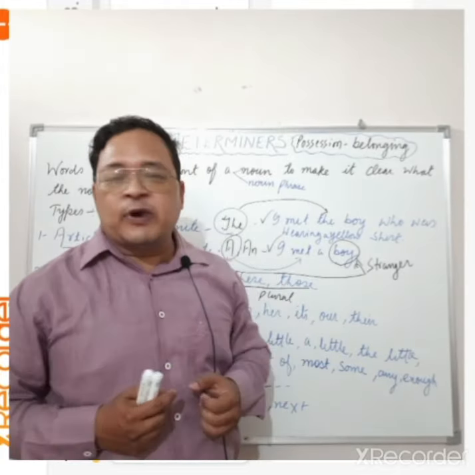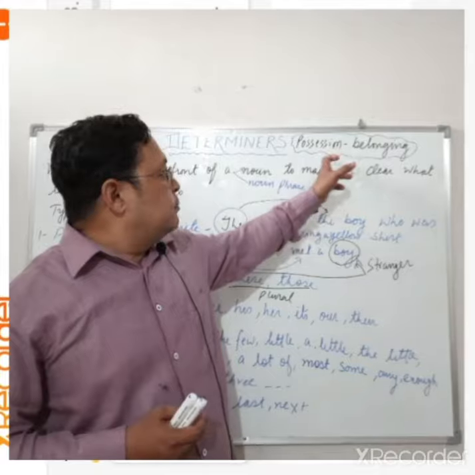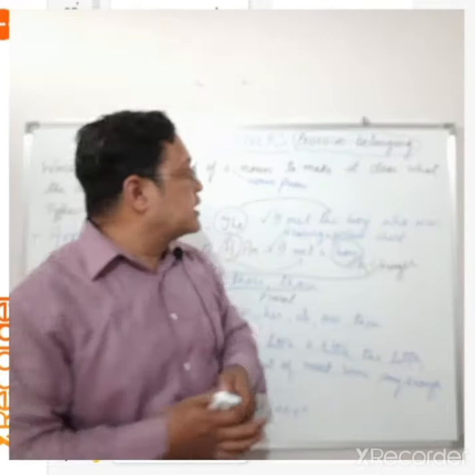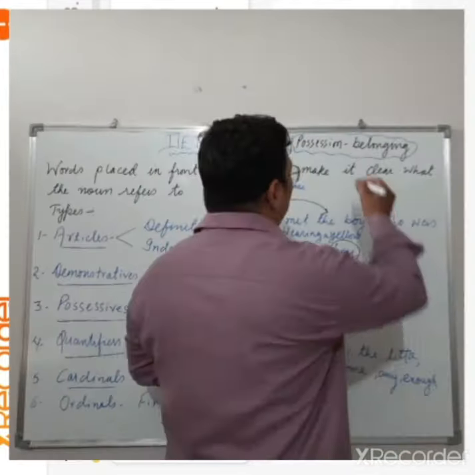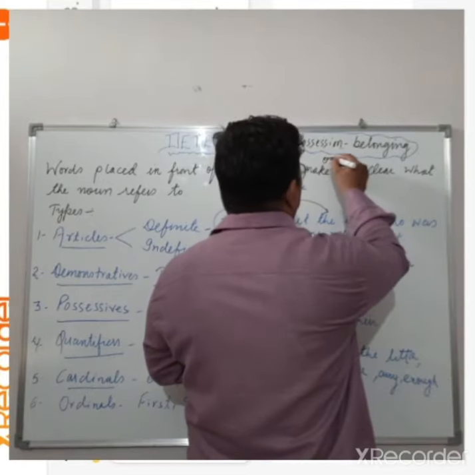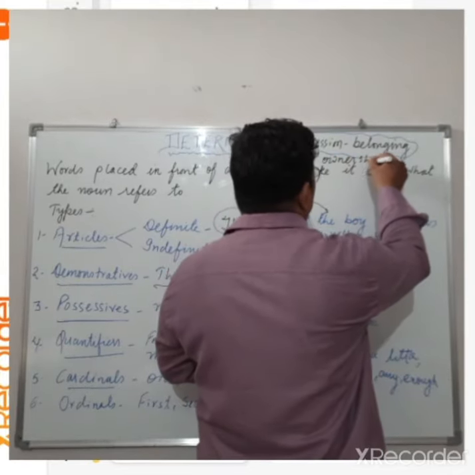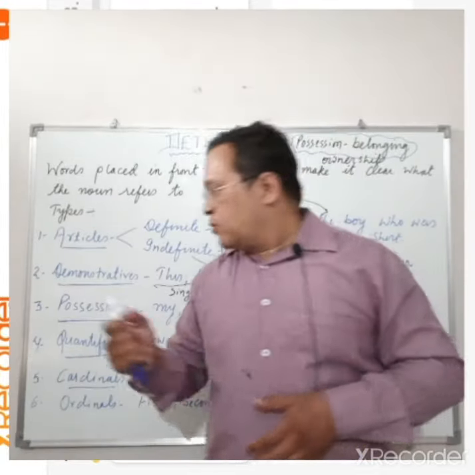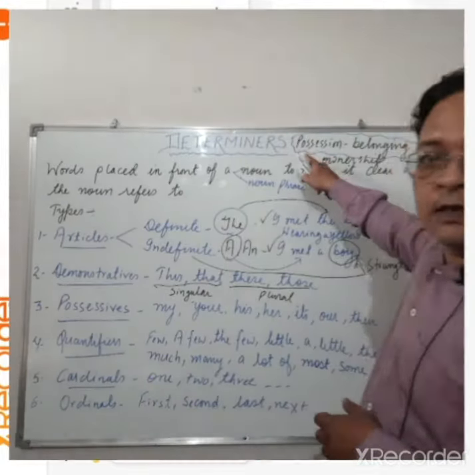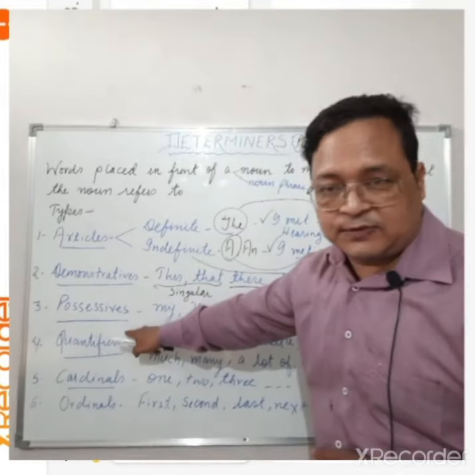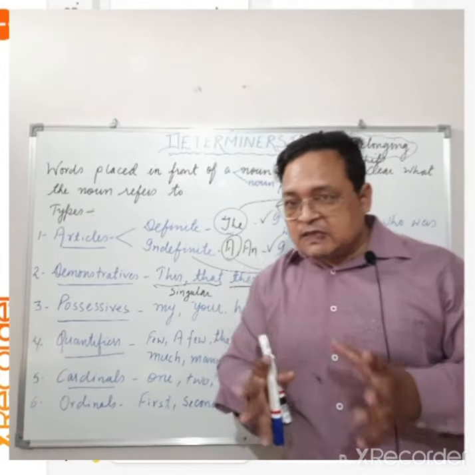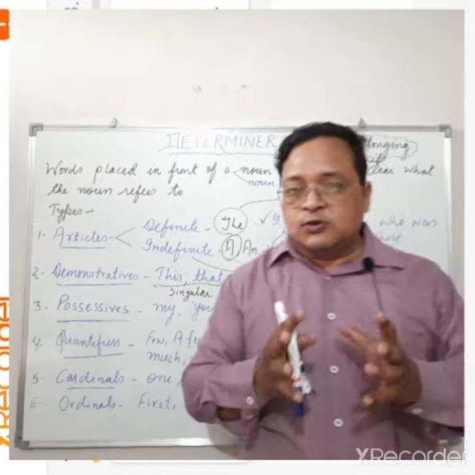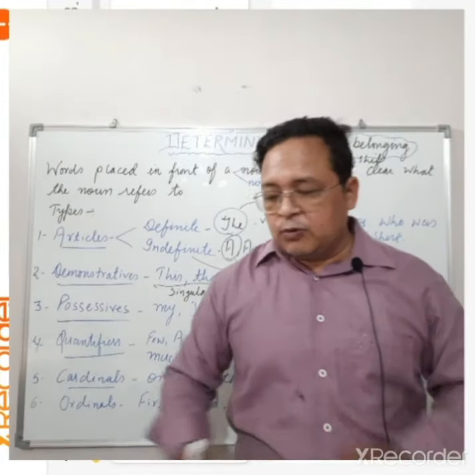So I think now the point is clear in front of you, that possession means showing belongingness or ownership. So now if I relate this possession to possessives, it means these possessives also tell us about